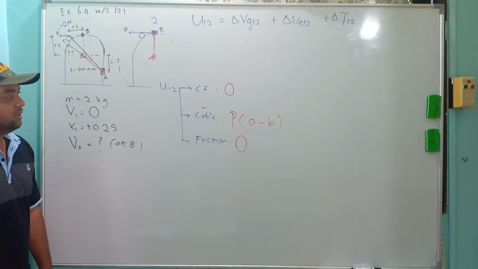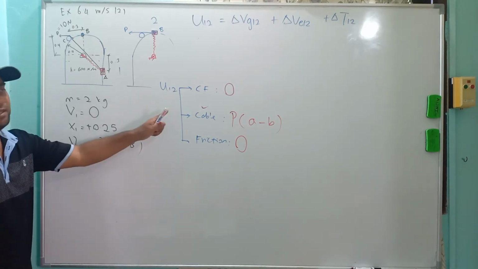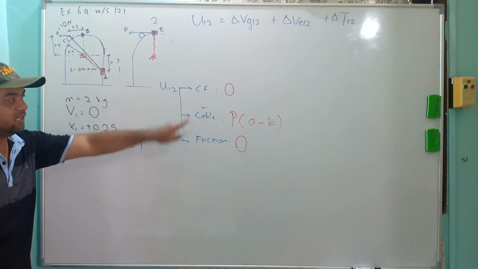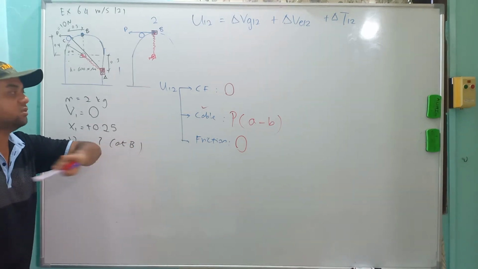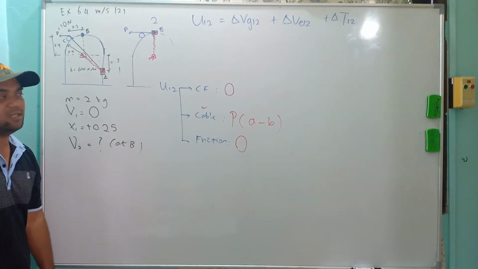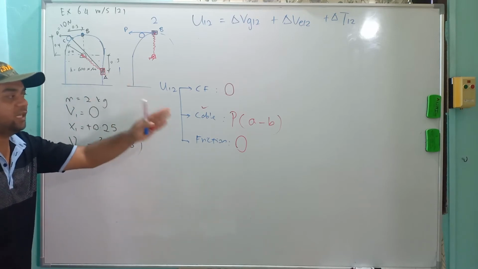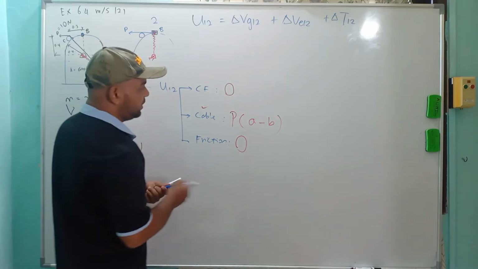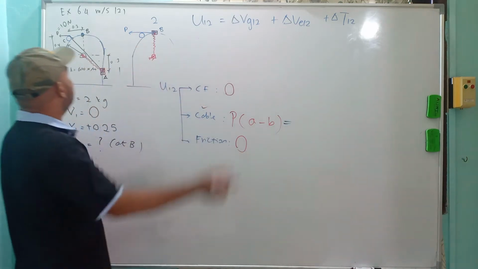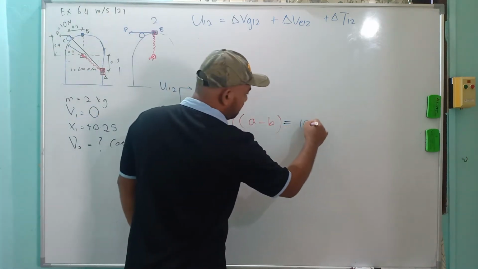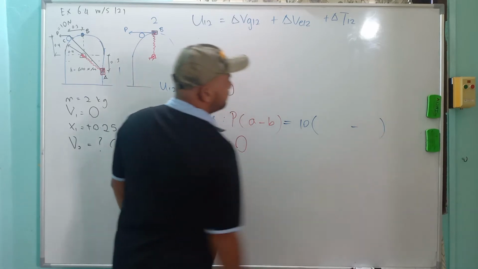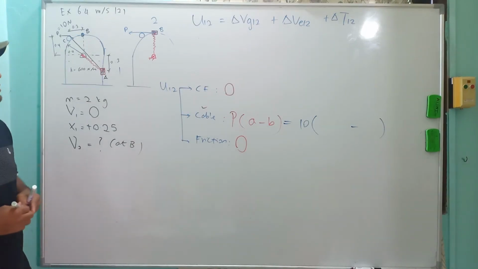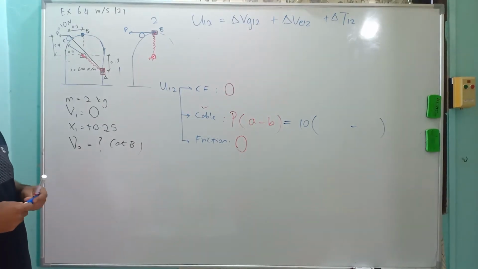So I hope that's clear. If there is a P, you put the equation. If there is friction, you put this one. If not, you just put directly the thing as 0. Now we need to know what A minus B is. P is given, a constant force of 10 Newton. What is A? What is B now? Well, you need to know the change in the length of the cable.